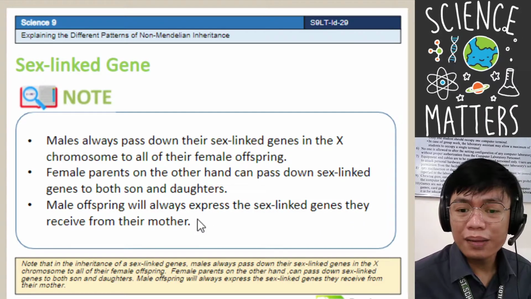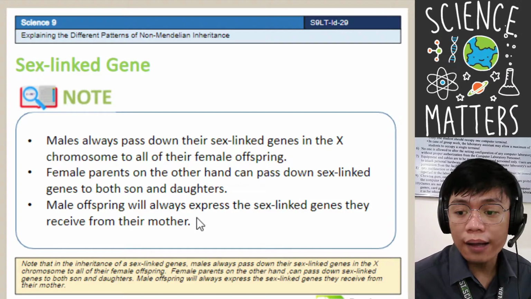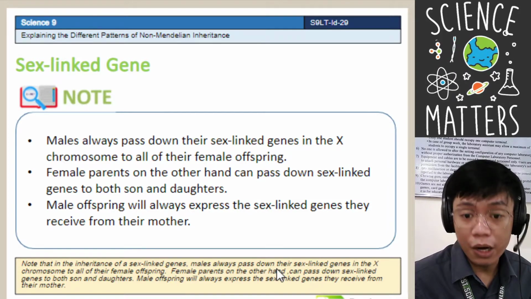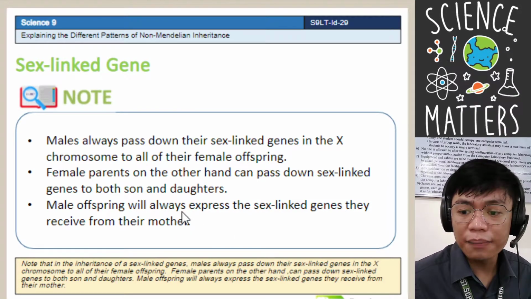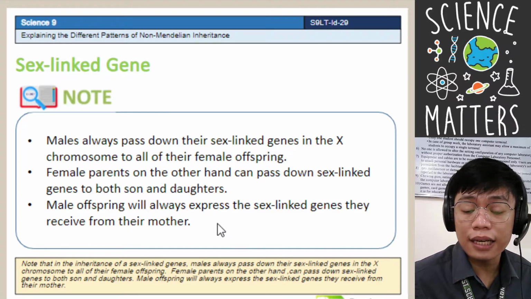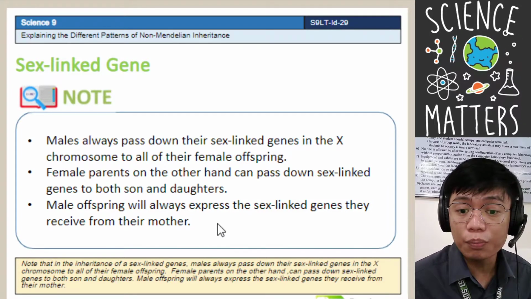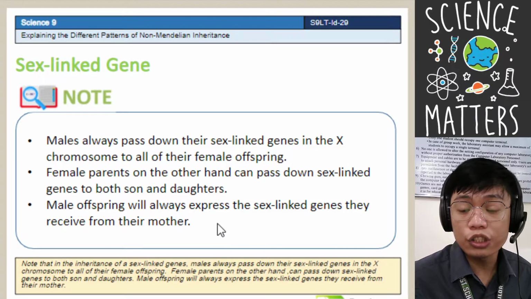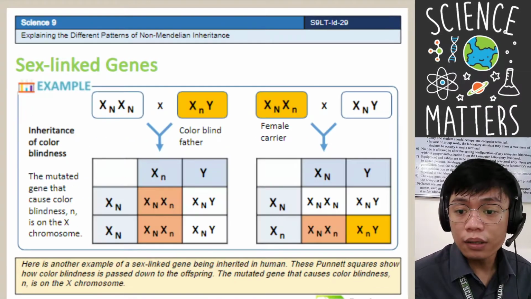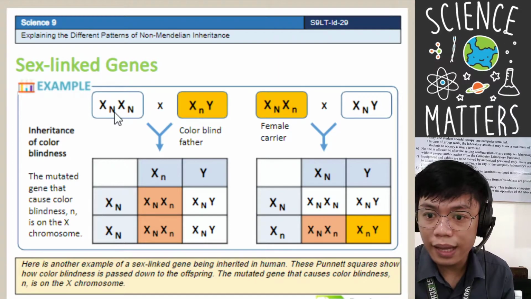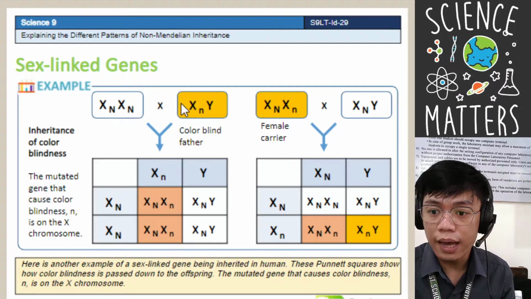Okay? So, nanggagaling lahat ng sex-linked sa kanilang mother. So, kaya mas maraming mga babae dahil nanggagaling lahat sa babae yung mga chromosome or yung mga sex genes, okay? Now, going back to this illustration, so XX represents female, XY